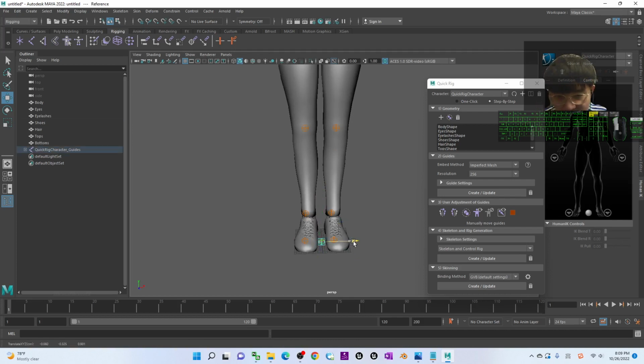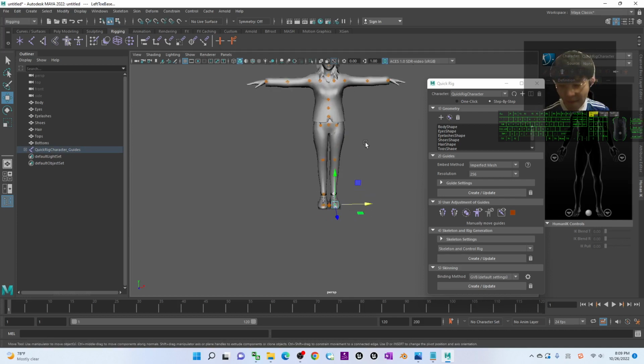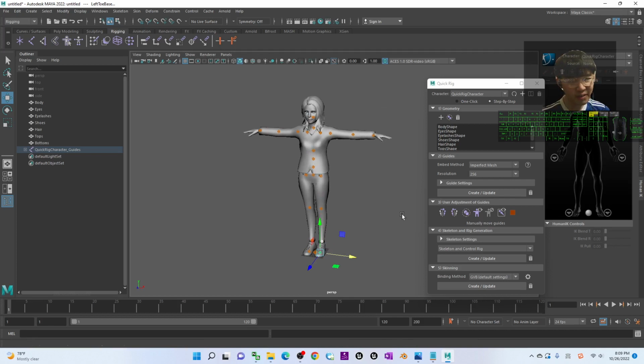The center, or move it to the center like this. The center of the mesh. Alright, once done already, next step, just click create.